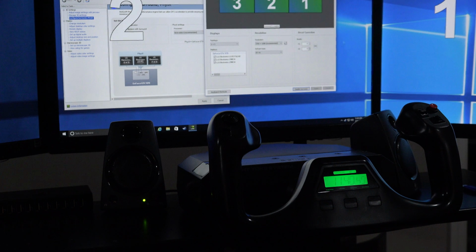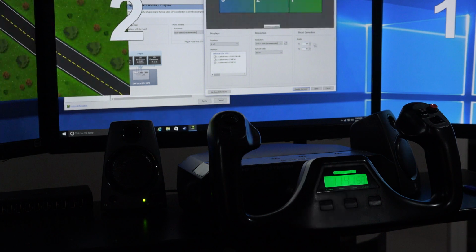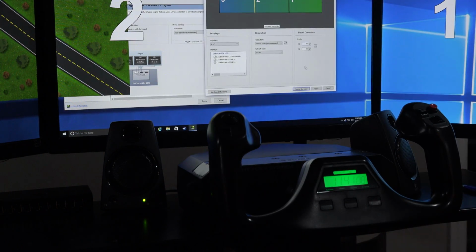So right over here where I'm moving my mouse around. I just happen to know somewhere around 90 is where I need to be, but this number will vary depending on your bezel size and whatnot. And you want to make sure these roads look like they meet. For me, it's not going to look like they meet from your perspective because you're over my left shoulder, but